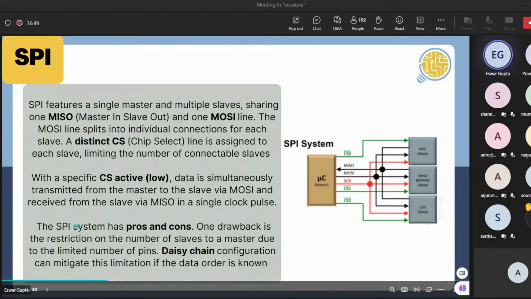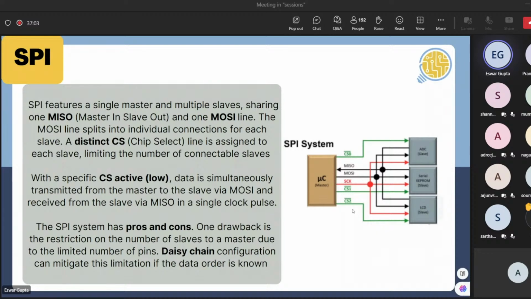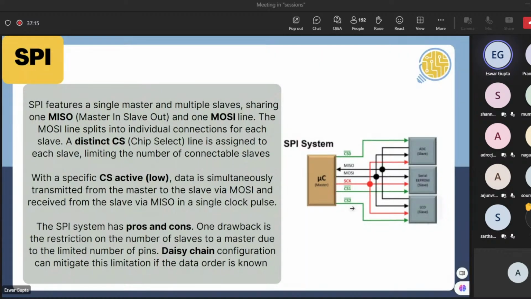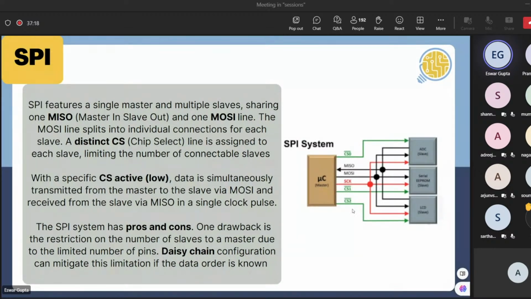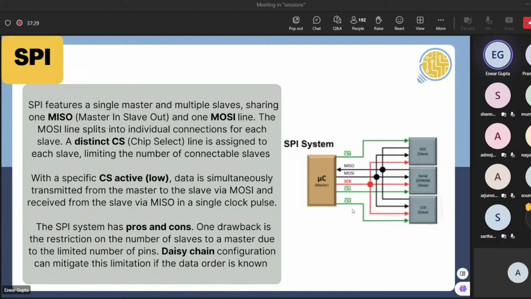There are some pros and cons of that. We will discuss it in detail later. The major disadvantage of SPI is, if we have 3 slaves, we need 3 chip select lines. But suppose we have 1 master and 100 slaves. You might be thinking why I would have 100 slaves. That situation arises because in practical applications you will have hundreds of slaves and a single master. Your Arduino board won't have 100 connections, right? So what will you do? To overcome this, there is a configuration called daisy chain configuration. If time permits, I will explain it at the end. But just remember that this is a limitation: you can't connect as many slaves as you want. Okay, this is SPI.